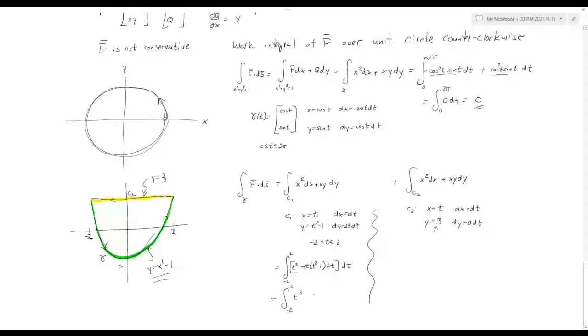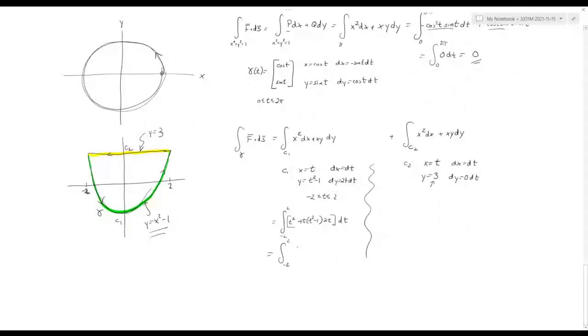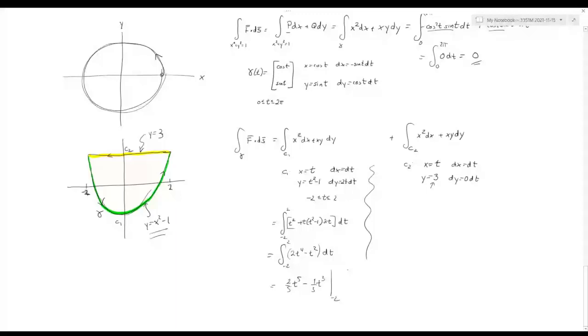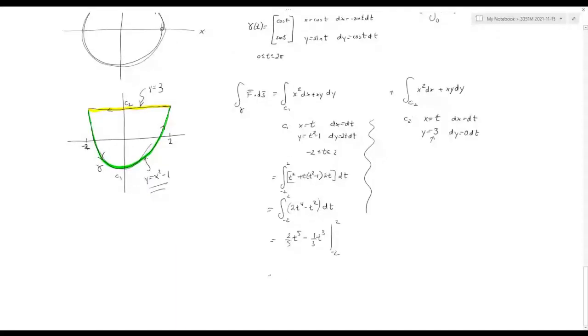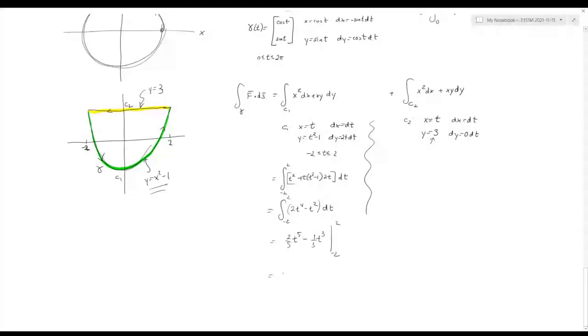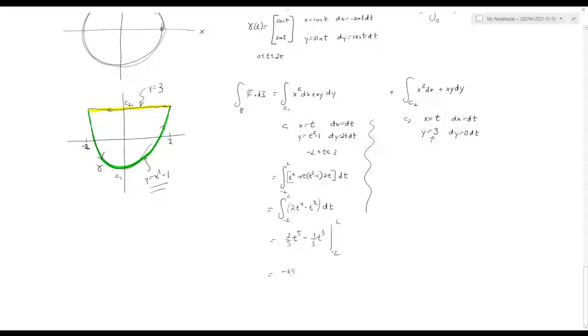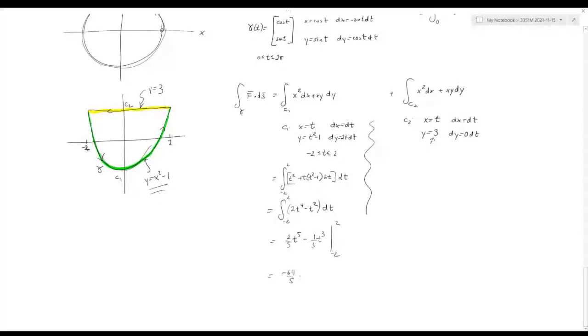All right, so what would that be? That's 2t to the 4 minus t squared if you simplify. So let's see, I don't know exactly what this might be, but negative 64 over 5 plus 8 over 3 minus,